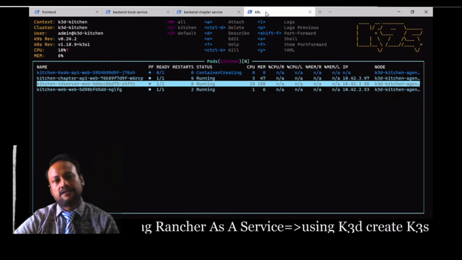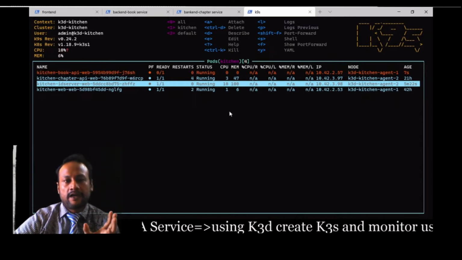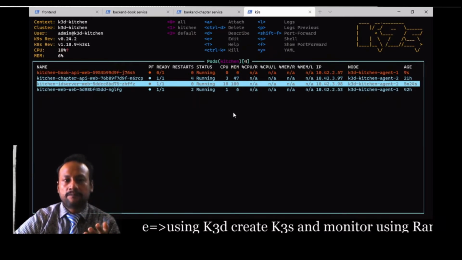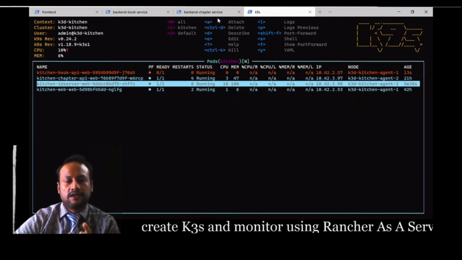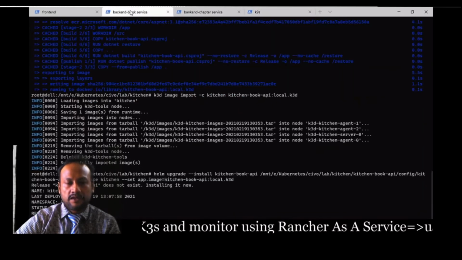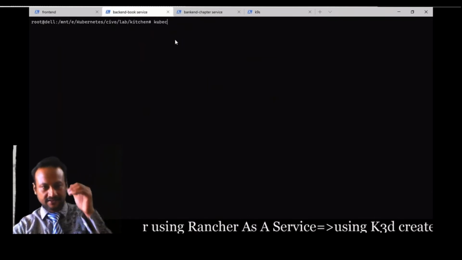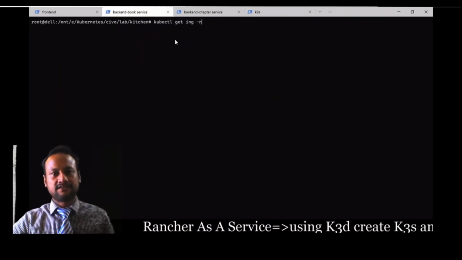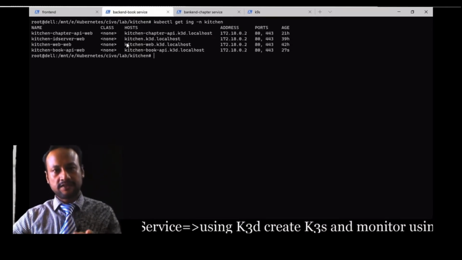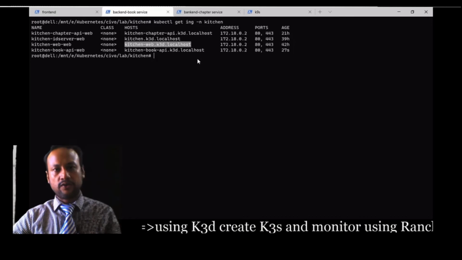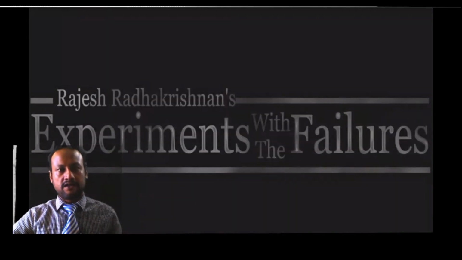The beauty of this is once this is installed, we will see it's a full-blown application. I will demo how to log in, how the login gets success, how I am going to access the book, how the data gets saved into the MongoDB, and how the chapter service is invoked, not from a technical view, just the live application. So this is the ingress. Once you install the helm, you have the ingress. Ingress means the way how you access. So we log into the application using that web UI.